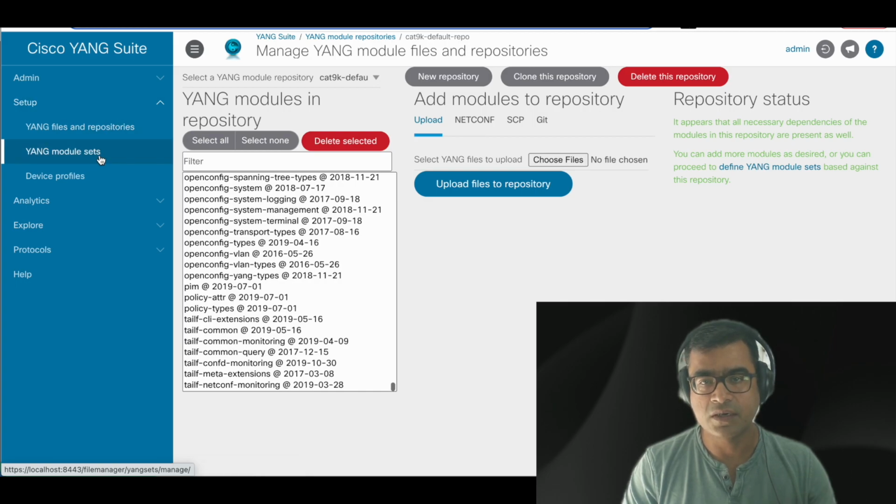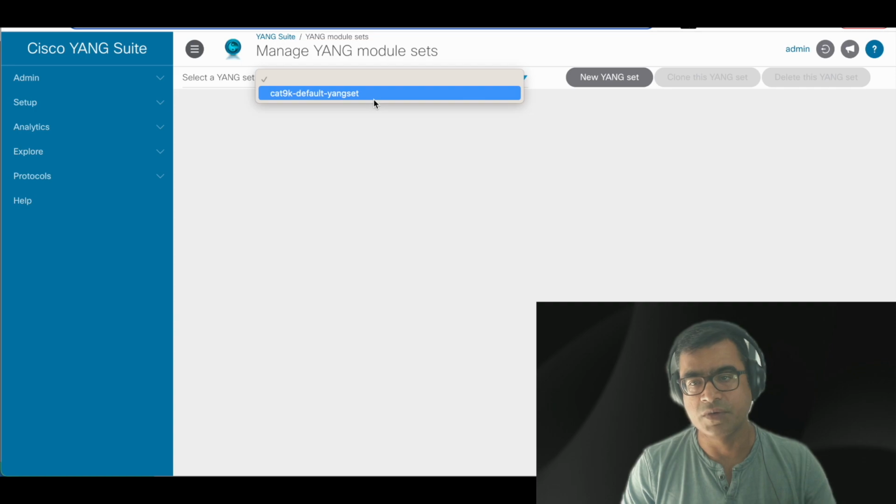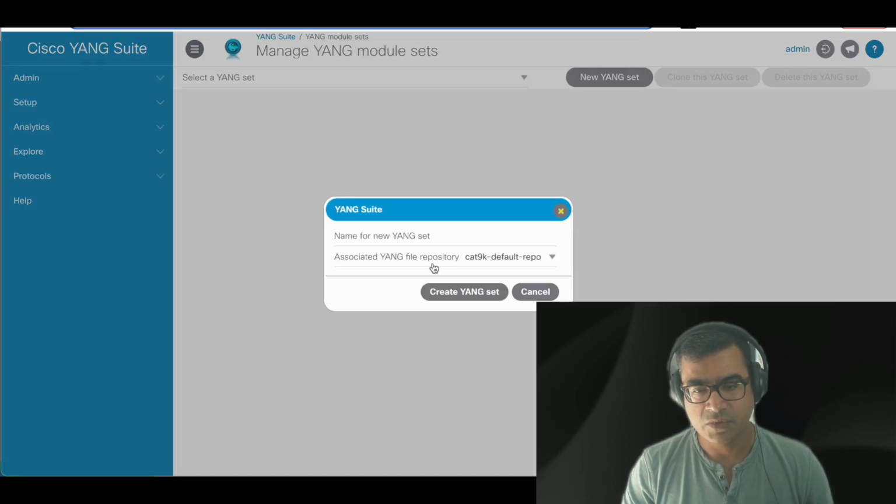We want to do a get config and set config, edit config. Yang module, and select a Yang set. Right now we have this default which is loaded from device. Let's create a separate Yang set, or custom Yang set, and I'm going to name it